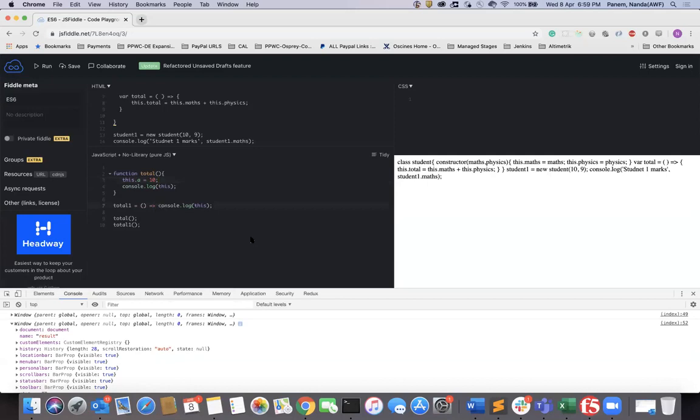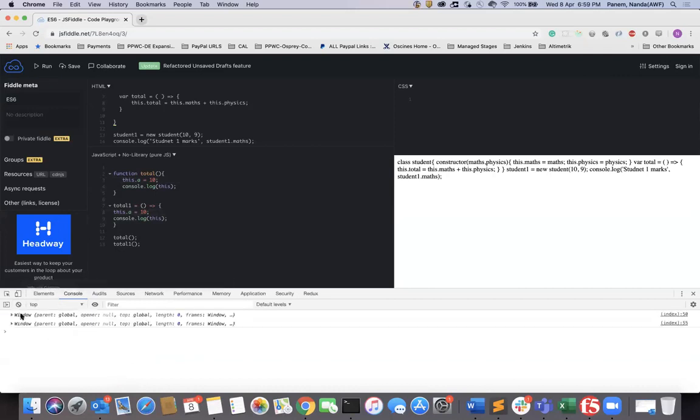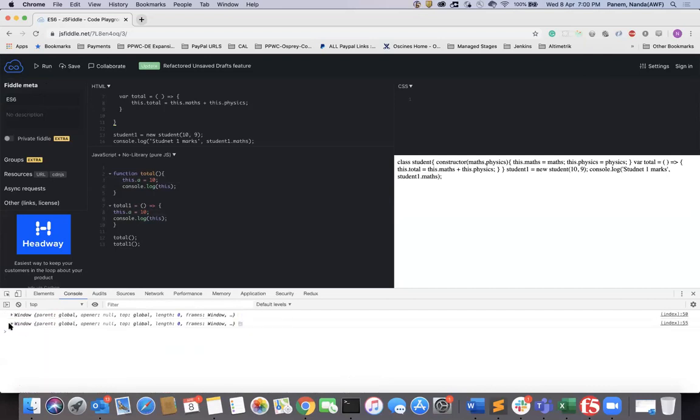Okay, and here also, this dot a equal to. So what happened to this keyword? There is a difference between an arrow function and a normal function.